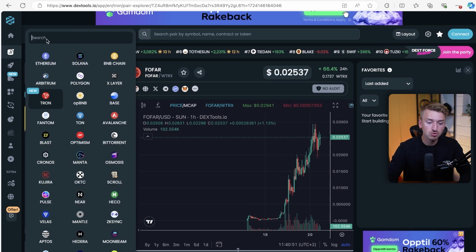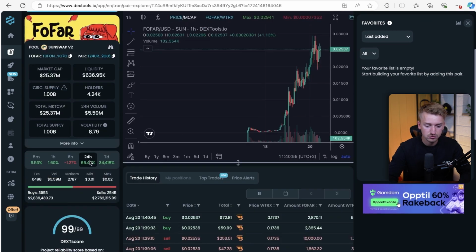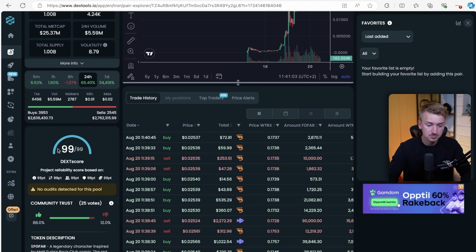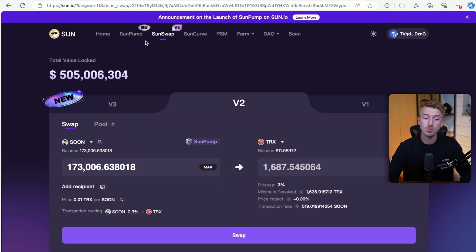But if you click on the Tron network up here, you only get Tron tokens up in trending, and you can search for any Tron tokens. Obviously, I'm sure you're familiar with DEX Tools. You can see market cap, volume, holders, you get some security score, you get all the recent transactions, etc. Very straightforward. In terms of where to actually swap tokens, instead of, for example, Uniswap on Ethereum or Jupiter on